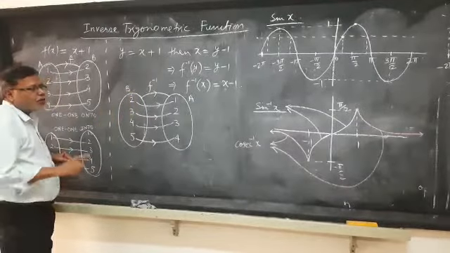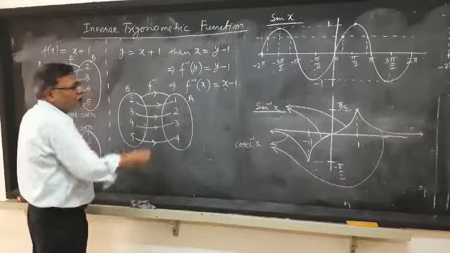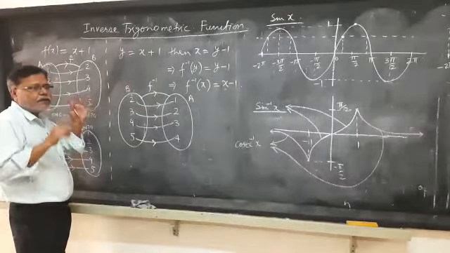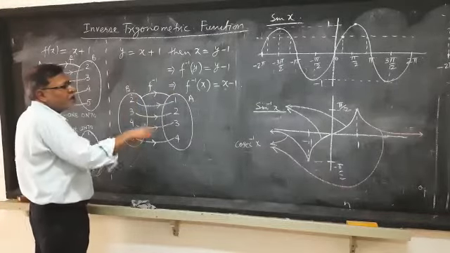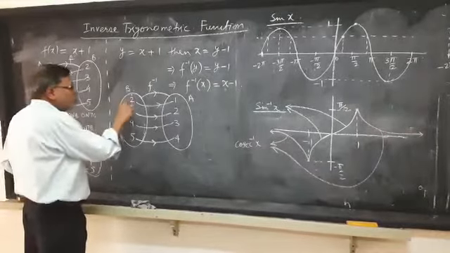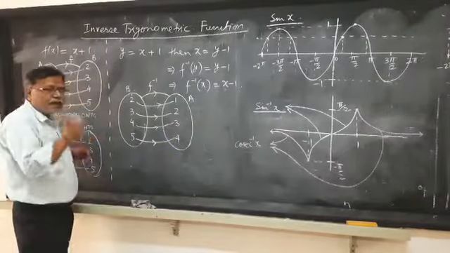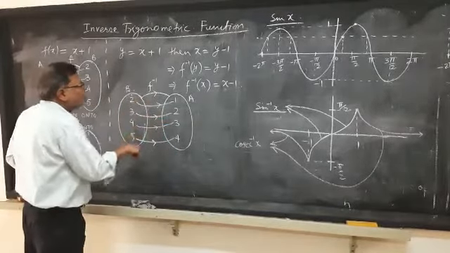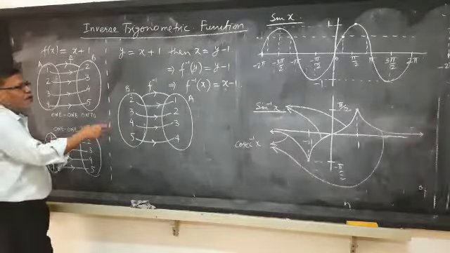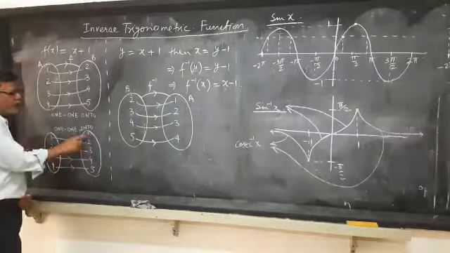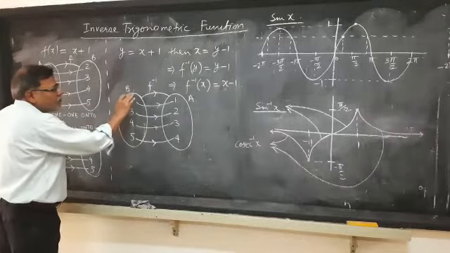Suppose over here, do you think this 1 will have any image in this particular set? More precisely, if you go to the definition of the function, then this will not be treated as a function, because all the elements present over here should have an image in this particular set. So in that case it will not be a function. More precisely, we cannot invert this one-one into function, or the inverse function cannot be found if one extra element is over here. Alright, so let us remove this.